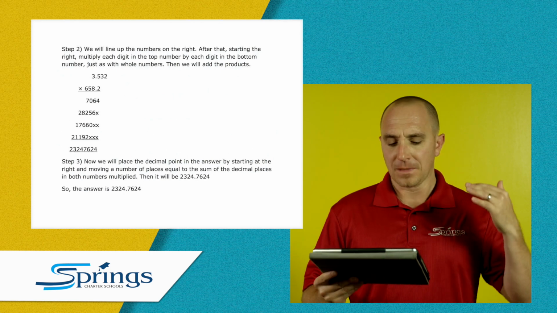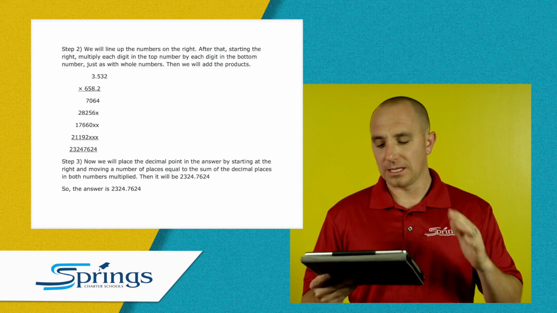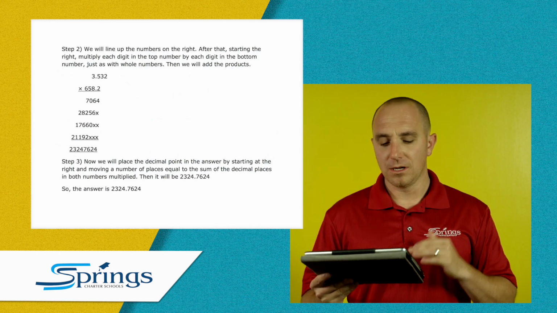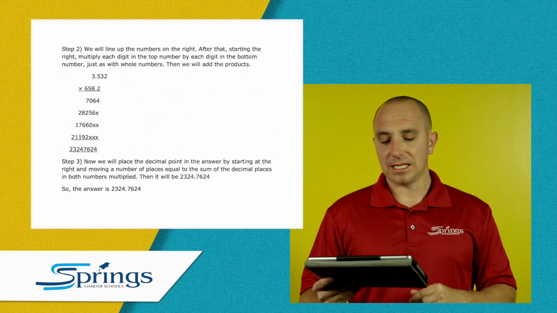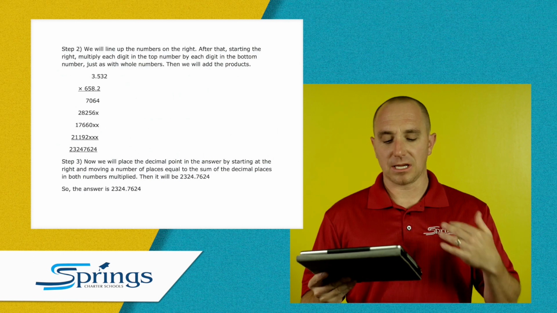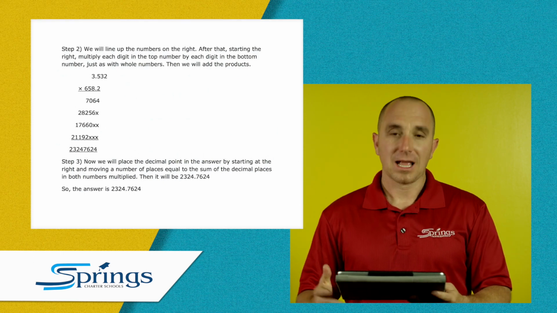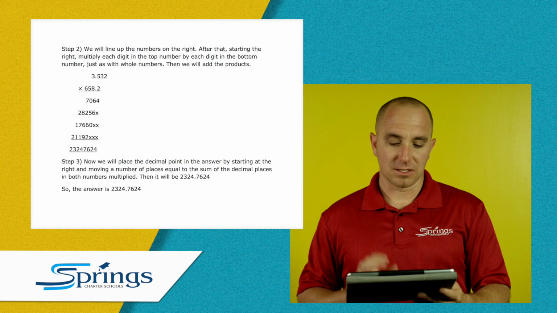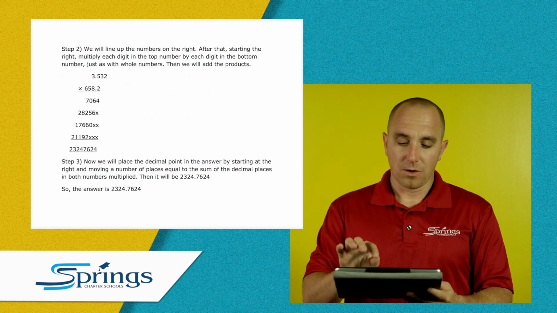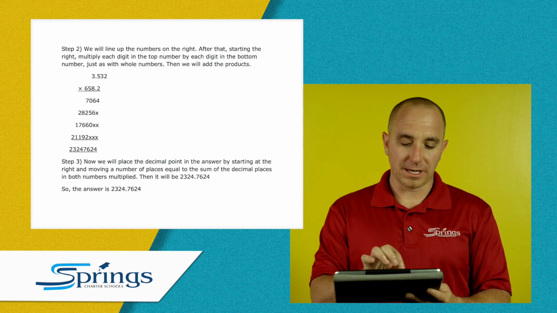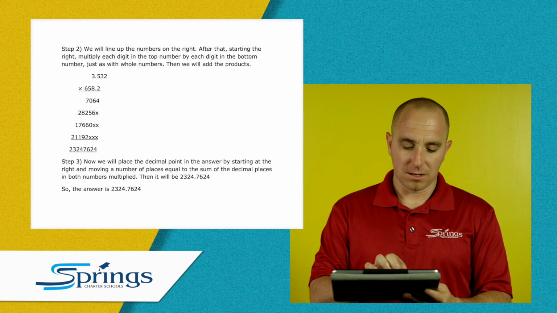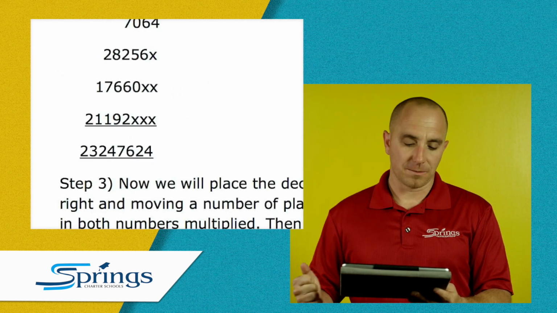So now we'll place the decimal point in the answer by starting at the right and moving the number of spaces equal to the sum of the decimal places in both numbers multiplied. I know that's a weird way to say it, so let's take a look. We have our number. I'm going to zoom in a little bit for you guys. So you can see here we have our final answer of